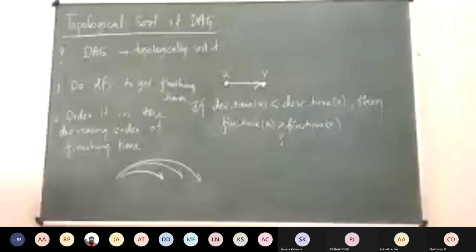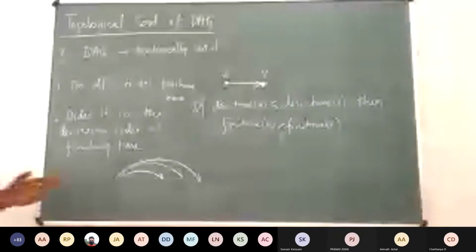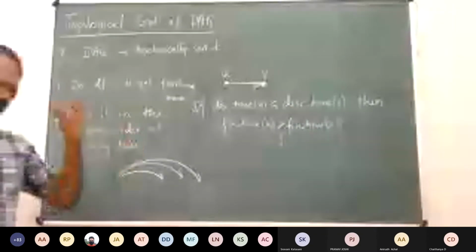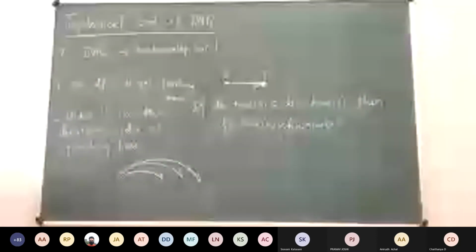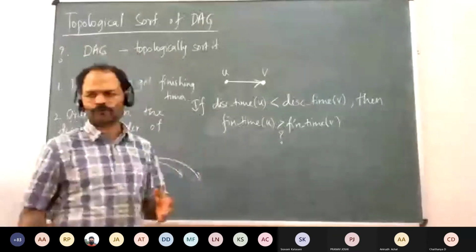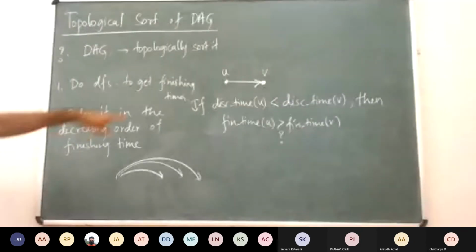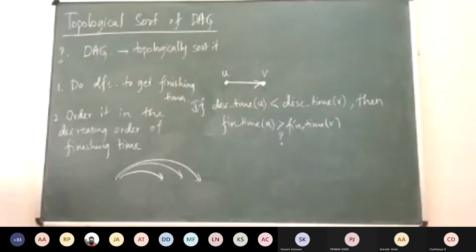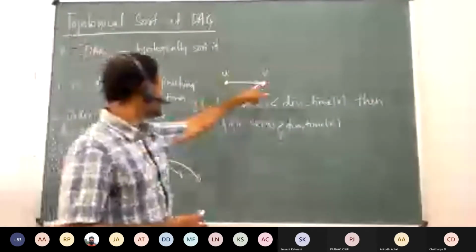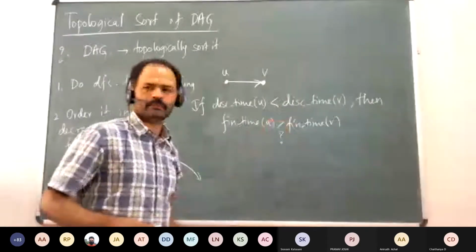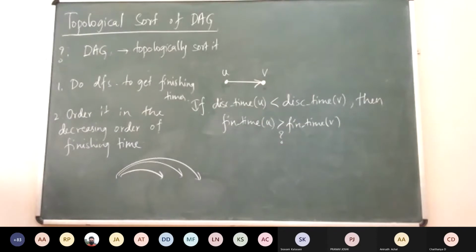Even when we were looking at the lemma, we said let some vertex X be the first vertex that was discovered in the whole graph. Then all the other vertices reachable from X will be descendants of that vertex, which means they will have finishing time less than this. So this should be discovered first, only then this is true. But in general, for every edge like this, the finishing time of U need not be greater than V. But is that true in the kind of graphs we are considering?